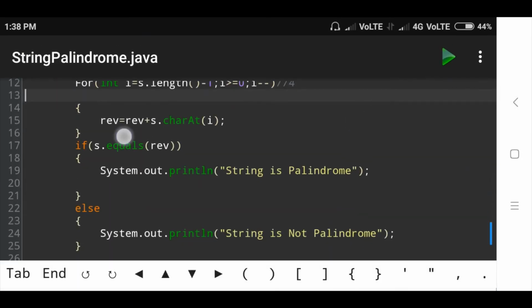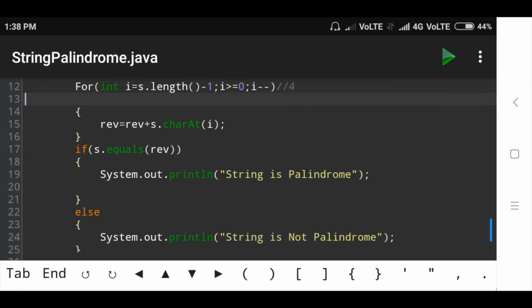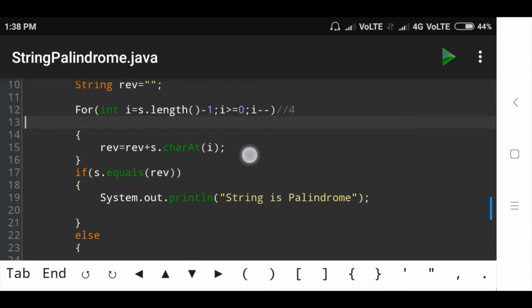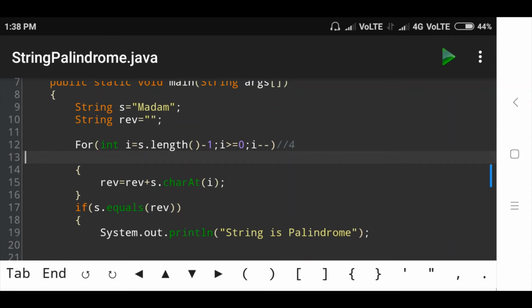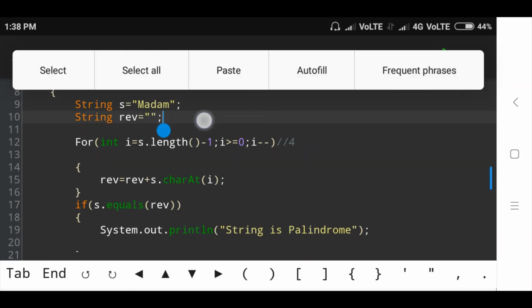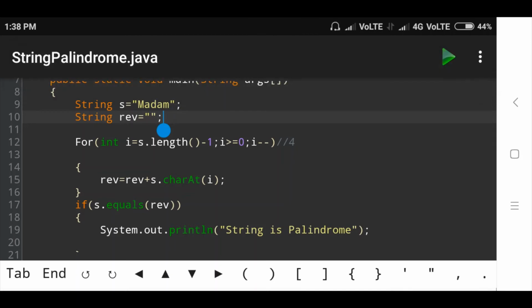Then go to the next condition: reverse is equal to reverse plus s dot charAt i. The i value is 4, so check the fourth index position, the character is m. Okay.